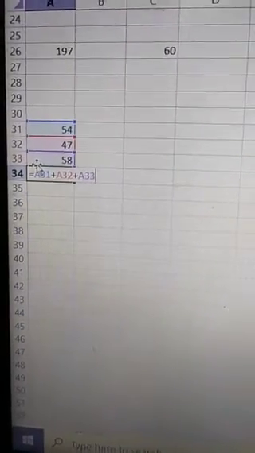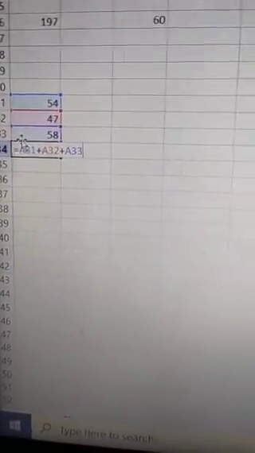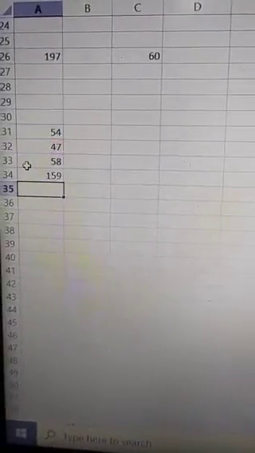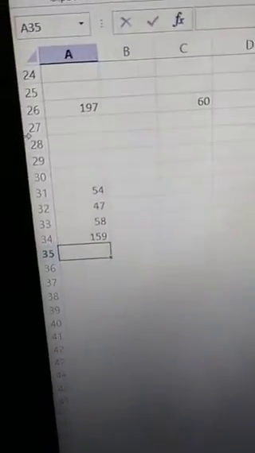When I press enter, it will give the total value of those numbers in the A34 cell, because I typed the formula in A34.